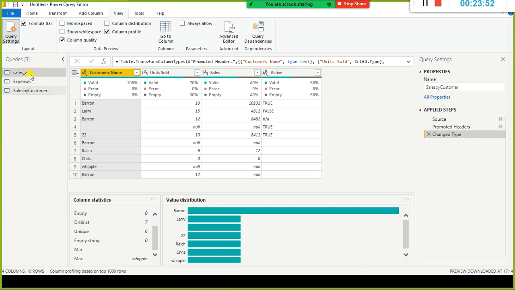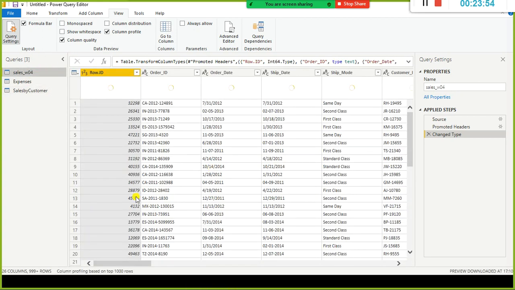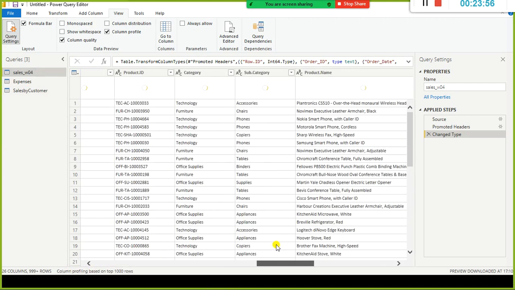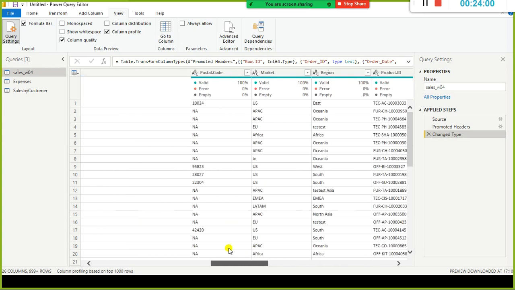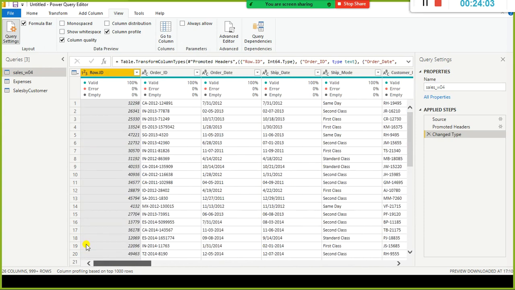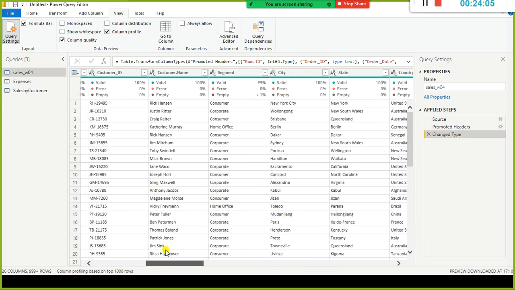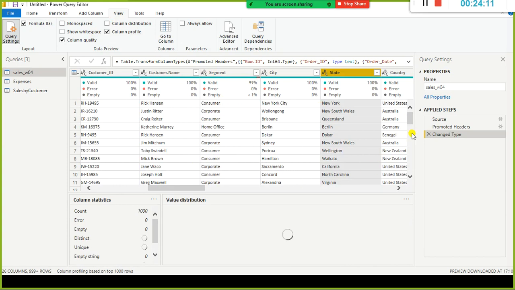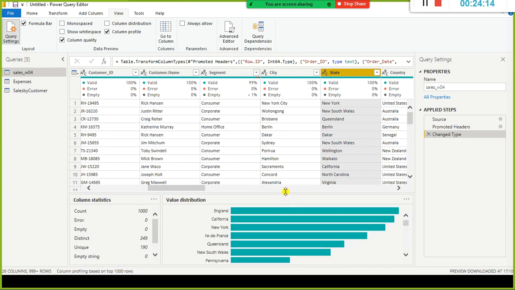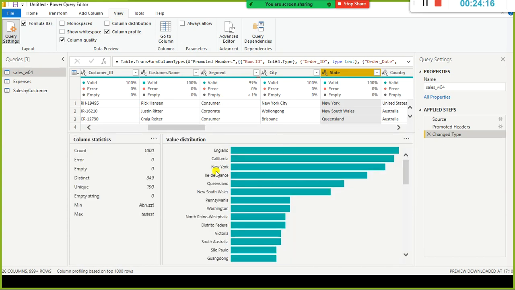Now let us look at this one, sales W04. Here we have a sales column and a state column. I think I had a state column. Yeah, it is there. I just click on the state. Compared to all the other states, England, California and New York have more occurrences.